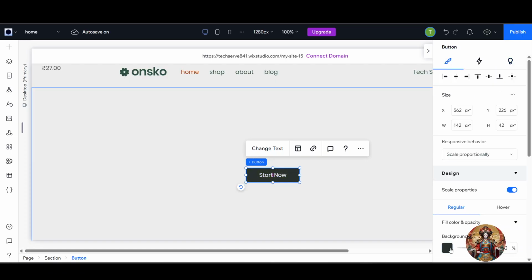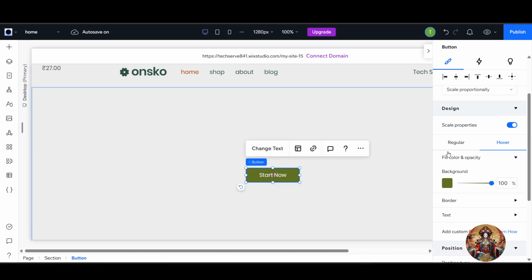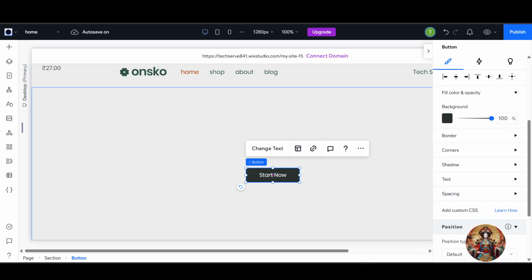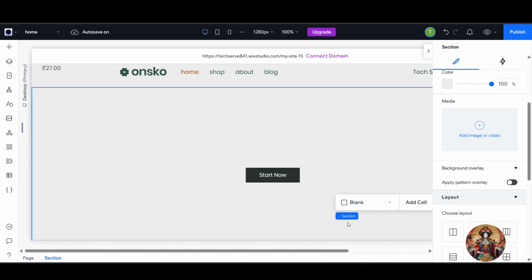Okay, we cannot add gradient into the buttons, but whenever you hover on this button, it will change the color. So basically you can add color or gradient into the sections or the containers, or there are lots of elements in this